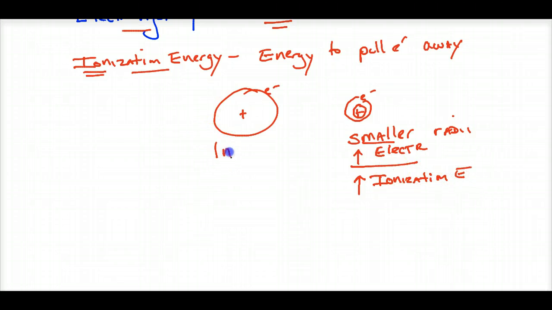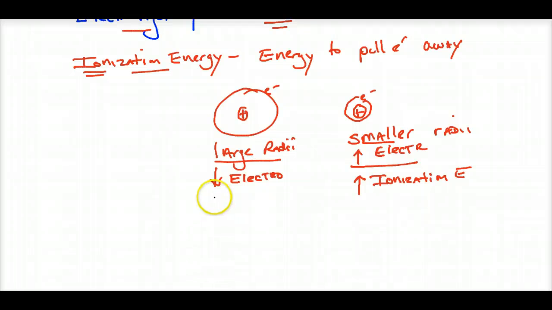If you're a large radii, it makes sense that you have a poor electronegativity. Why? Because that electron is so far away from the nucleus, you don't really attract it. And of course, you would have a low amount of ionization energy, because it takes a lot less energy to pull this electron away, because the nucleus doesn't attract it that well. That's why it's large. So my friends in chemistry, these things repeat themselves over and over on the periodic table,